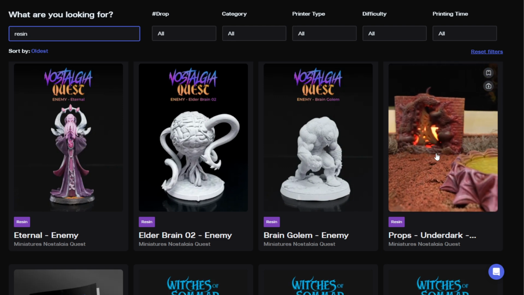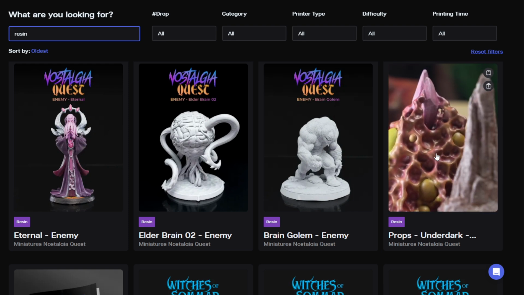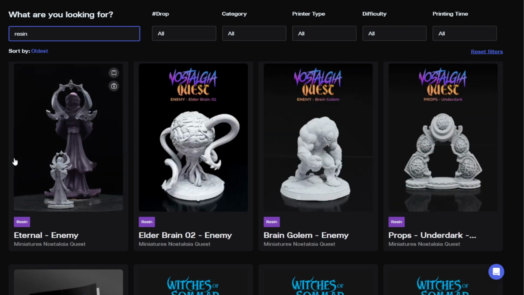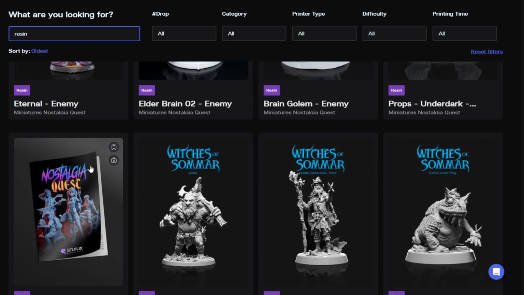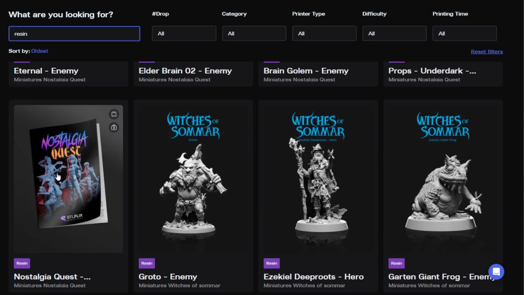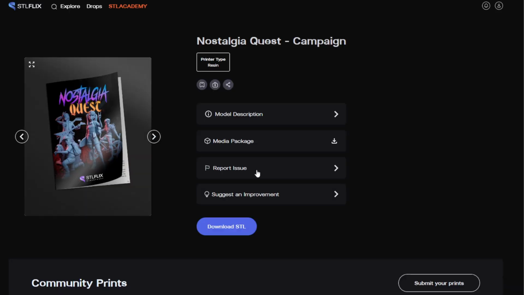The cool thing with this one, Nostalgia Quest, it stood out to me when it came as a drop because not only did it have all these highly detailed pieces and props, similar to Stranger Things, that was the first one that I saw that had the book standalone. And here, if you click on it, it gives you a PDF